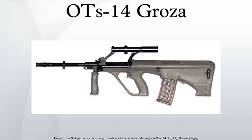The OTs-14 Groza is a Russian selective-fire bullpup assault rifle chambered for the 7.62x39 round and the 9x39mm subsonic round. It was developed in the 1990s at the TsKIB SOO in Tula, Russia. The weapon is colloquially known as OC-14 or OTs-14 Groza. The OTs-14-4A Groza 4 has one derivative, the TsKIB 239, also known as OTs-14-1A Groza 1, chambered for the 7.62x